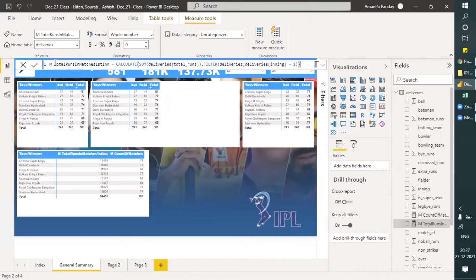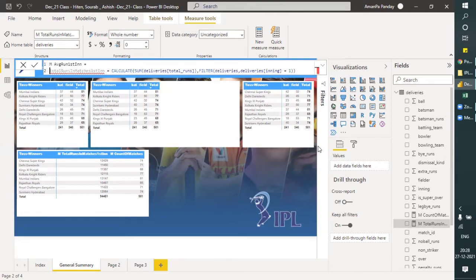What I will do here, I will now type here average run first innings. Okay, and I'll just type equals to, and alt enter to add a new line.